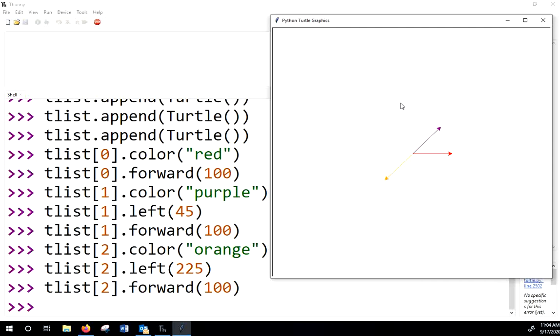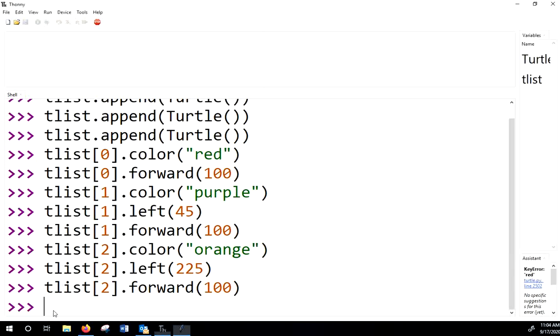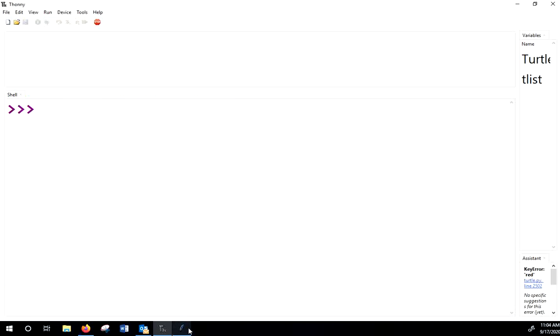Now let's talk about looping through a list. There are several different ways you can do that. Let me clear, so I'll go back up to the top. I'm going to make each one of these turtles make a circle, okay? So the way I'm going to do that is I'm going to say for i in range, and what I need to put inside here is how many turtles I have. And how many turtles do I have? 3. So I'll just put 3 there. And then I'll say